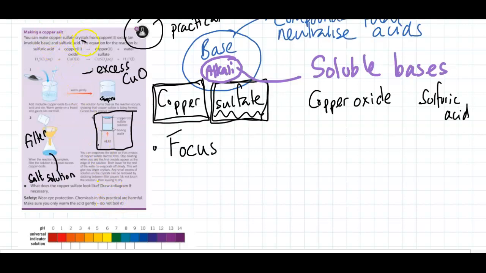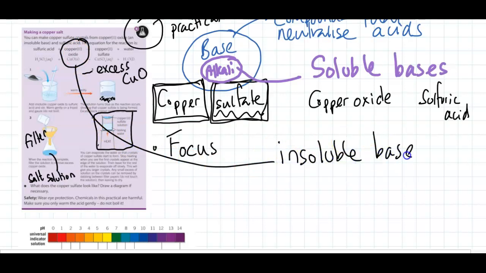Okay, and where it says oxide here, that applies for any insoluble base, or equally a carbonate. So if I gave you some copper carbonate, you could make salts from it. You could add copper carbonate to sulfuric acid and make copper sulfate and water, but you'd get a lot of fizzing initially because you'd make carbon dioxide as well. Okay, during neutralization, carbonates